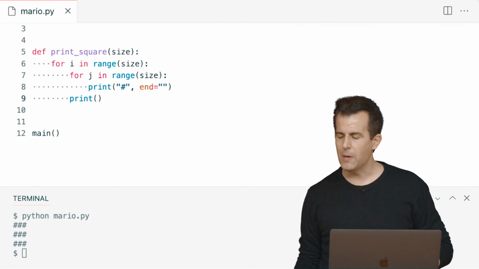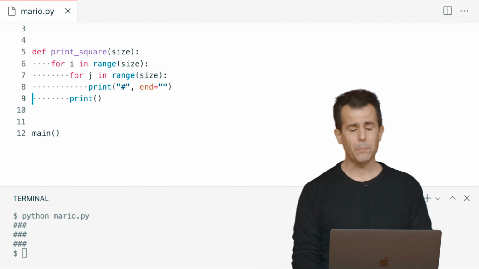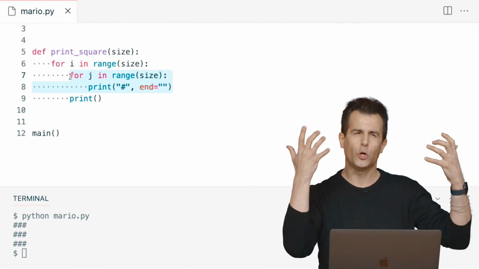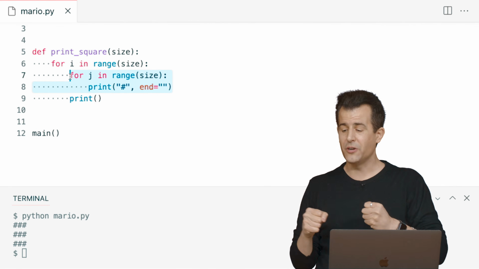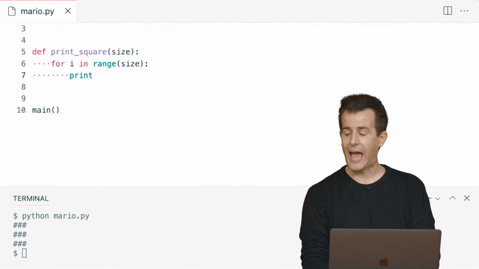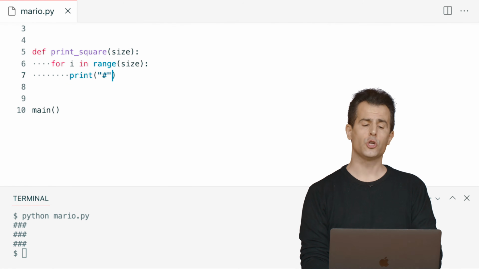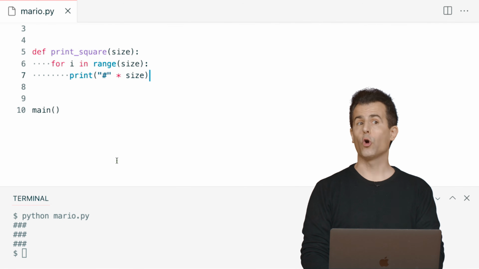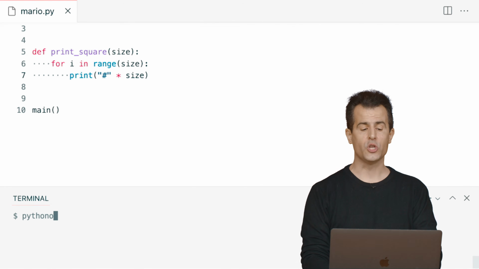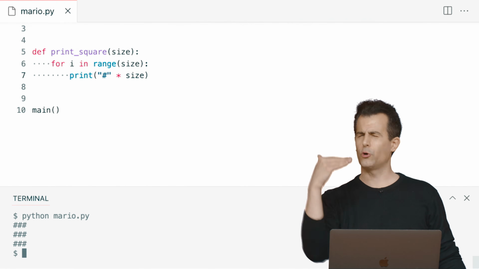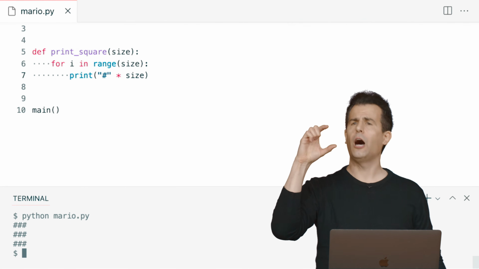And let me propose that we maybe do this. Let me propose that, you know what, this inner loop, especially if you're having trouble wrapping your mind around one loop inside of another loop, you don't strictly need it. What if we do this trick again? What if we print out inside of the outer loop and only loop each of those hashes times the number of times we want them? We draw inspiration from an earlier approach, and we run python of mario.py, same result. But now print_square is really nice and compact.